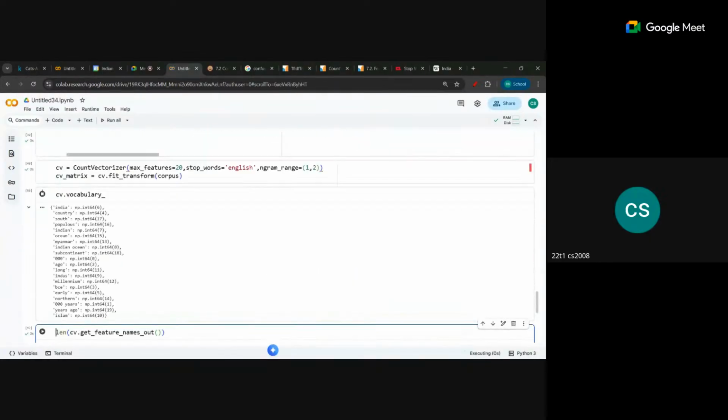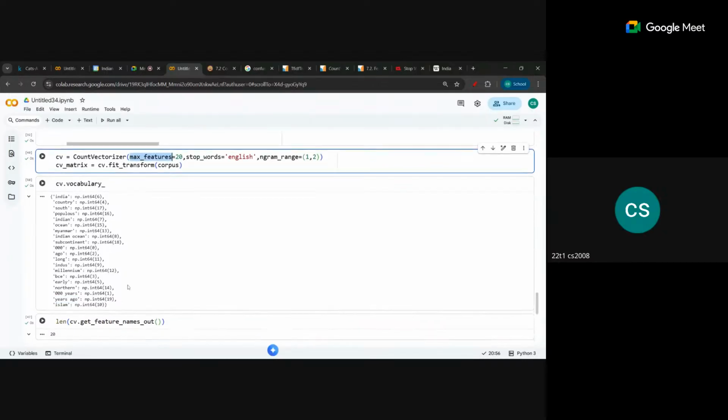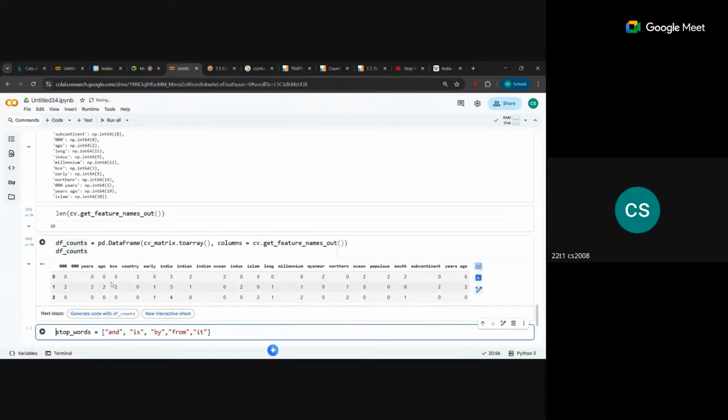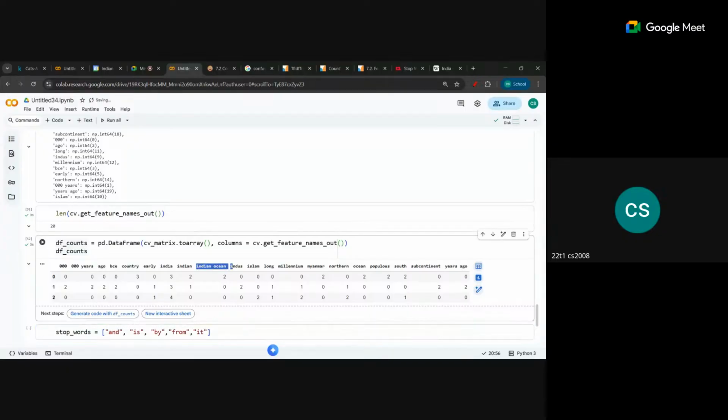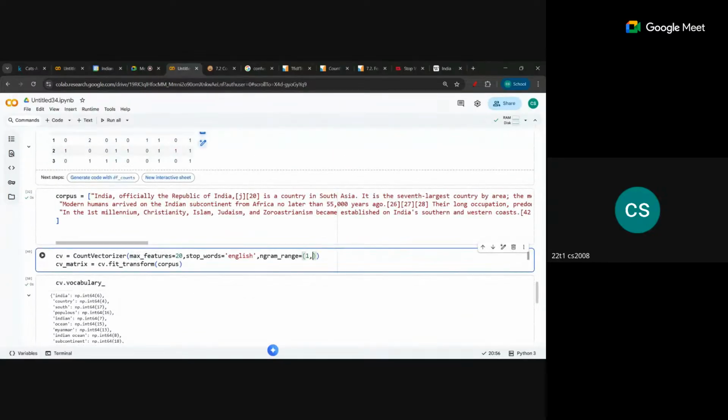If I do that, you can see, for example, Indian Ocean is coming together. And years ago is also coming together more number of times, because we have set max features to 20. That's why only if there is a higher count is it appearing. So something like that you can also do. Indian Ocean is a bigram, and this is another bigram. So now bigrams are also coming into this. If you want, let's say, trigram, three